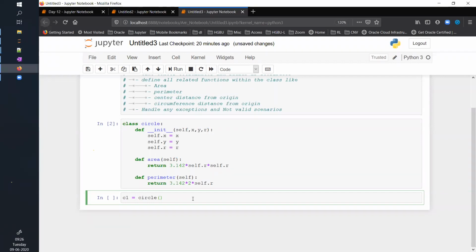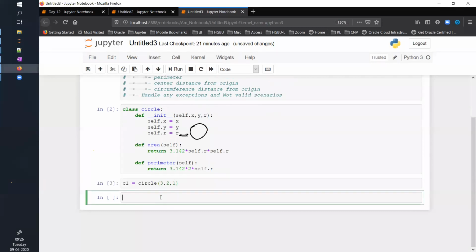Self, that I have given here, is not part of the parameters. Anything coming after this is your parameter. So there are 3 parameters for circle, and they are X, Y, and R. So let's take 3, 2, 1. Now I have actually created a circle. C1 is the actual circle that I have created in a 2-dimensional space.